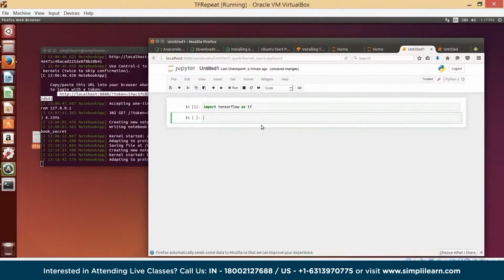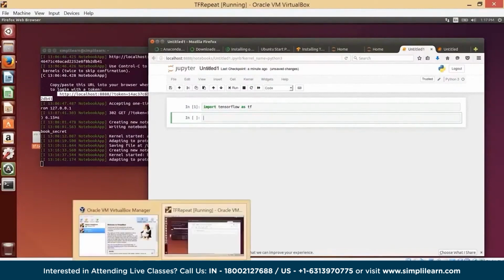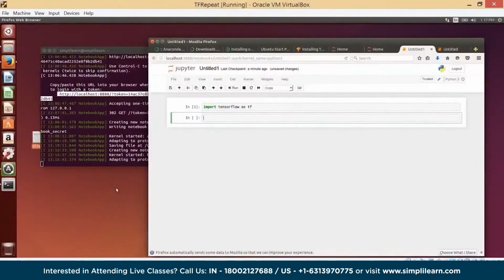And once again, in case you have a Windows system, in fact, I have also done it on a Windows system, you can use VirtualBox to create a virtual Ubuntu environment, and then follow these steps. There are tons of videos on creating VirtualBox, and that's the reason we have not included those steps in this. And if there are any comments, or better ways to do this, please mention it in the comment section below, or if you need any further help, just mention it, and with your email we will respond to